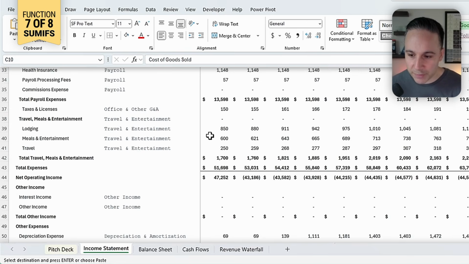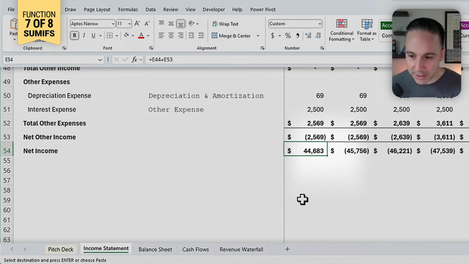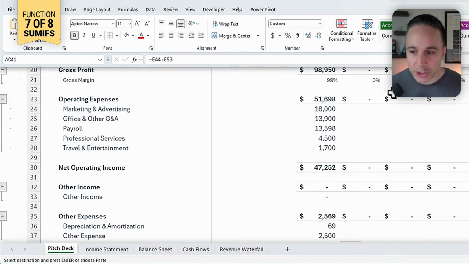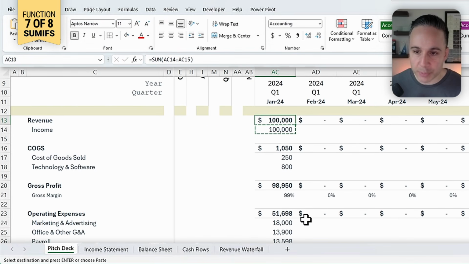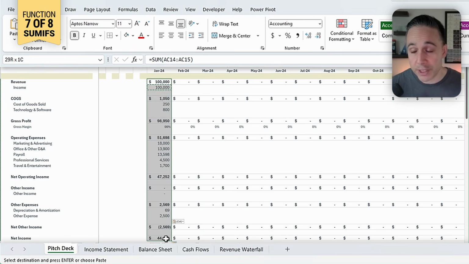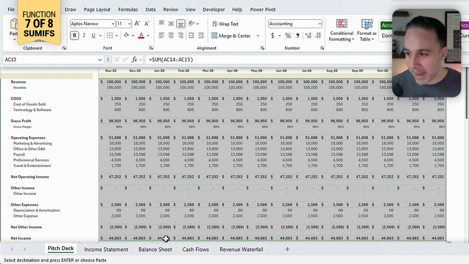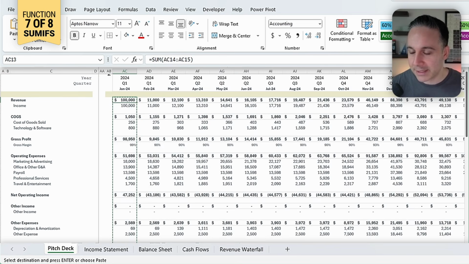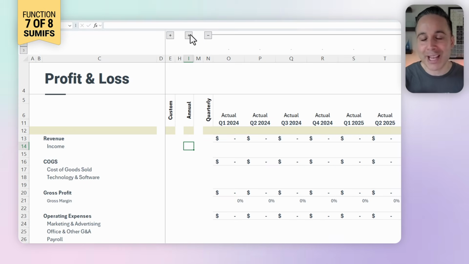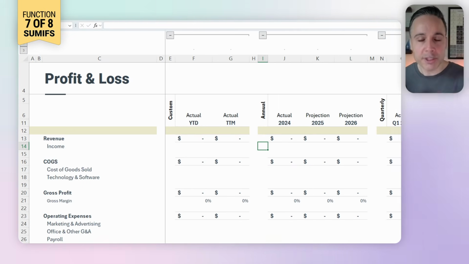Let's see if that's true. If I just scroll down to my detailed P&L, I see 44,683. So now, because I have this in place with the proper dollar values, I can just select all these values, copy, and paste it to the right as such. Perfect. Now we're gonna populate the quarterly, annual, and custom columns in a sec, but let's just repeat those steps